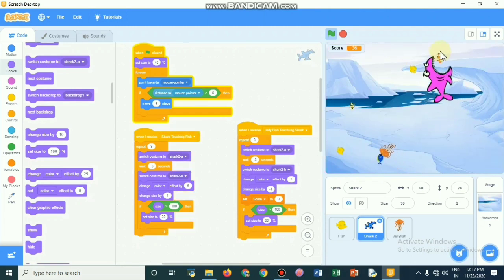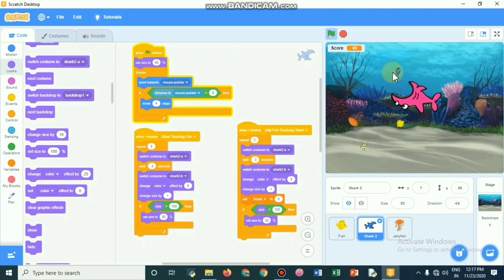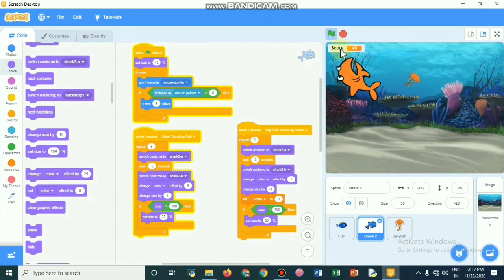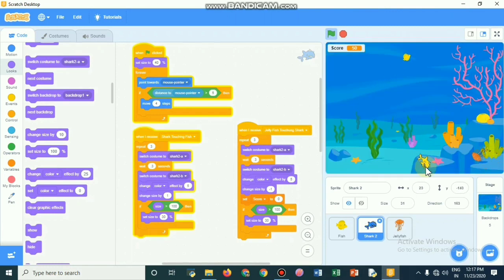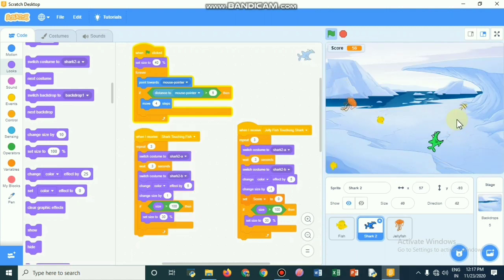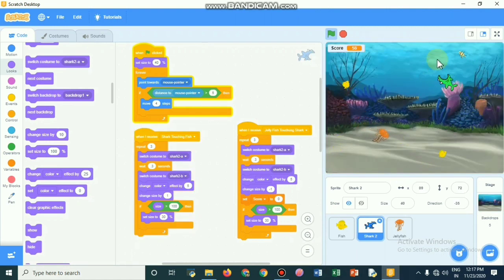Let it be your first venture, and I hope you will be able to create much more exciting new ventures with the many ideas given on the Scratch programming site. So this is the manner in which you have to create